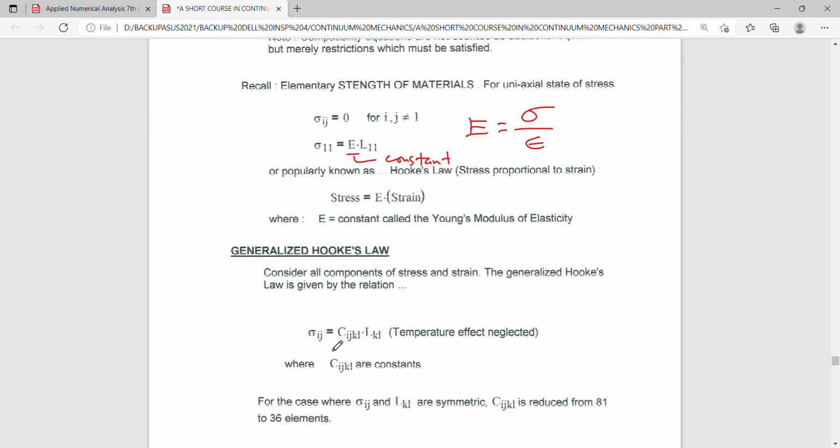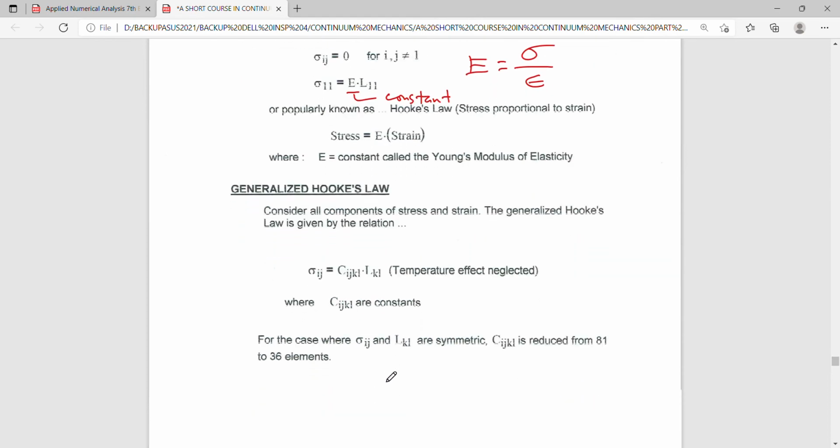Okay, so sigma ij now is simply equal to Cijkl times epsilon kl. Of course, temperature effect is neglected in this regard. So where Cijkl are simply the constants of proportionality